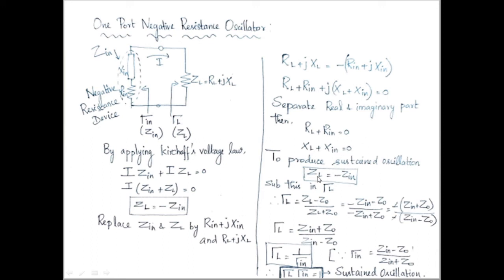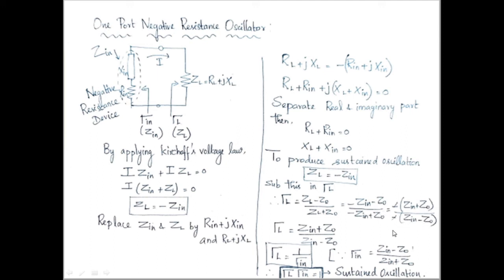So automatically what's the meaning? ZL equal to minus Zin. Okay, so the two conditions are over. Now the third condition: for finding that, the formula for gamma L equal to (ZL minus Z0) divided by (ZL plus Z0). So ZL value is what? Minus Zin. So once you substitute that value, you will get (Zin plus Z0) divided by (Zin minus Z0).